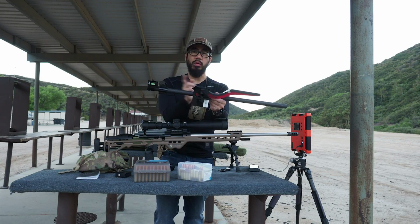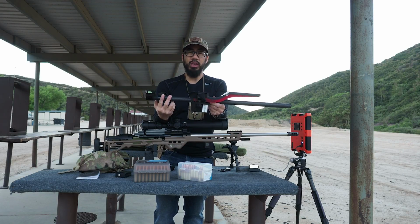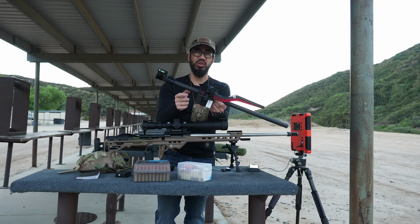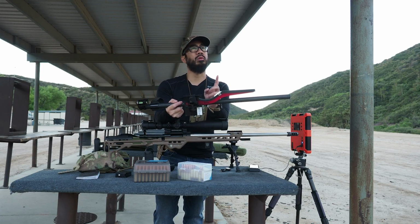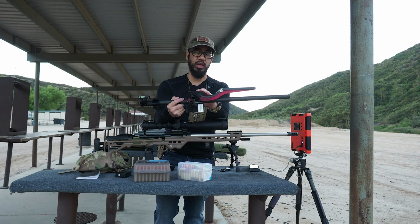And you can slide it back and forth to adjust it however you need to for the given gun. Immediately when I broke it out of the box, I thought, hey, this is not ideal. You kind of want a clamp here or something to secure this, or a set screw so it doesn't slide. And they actually released, two days after I received this in the mail, they sent out an email to all the people who purchased this thing and said, hey, we